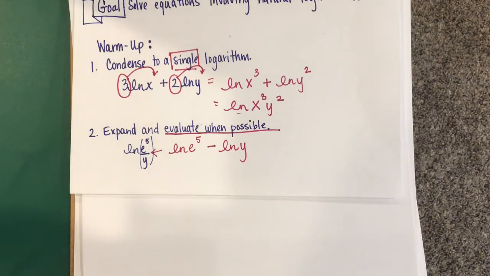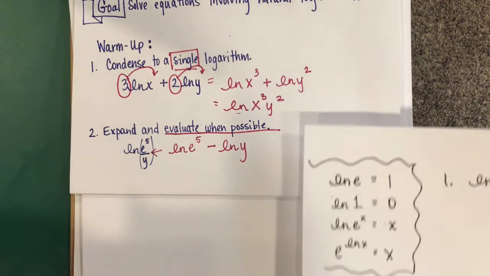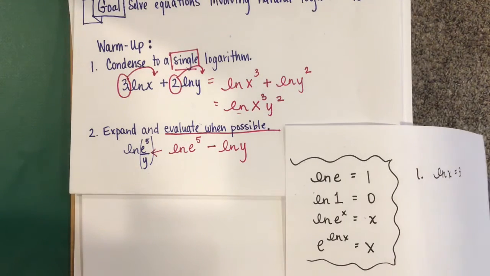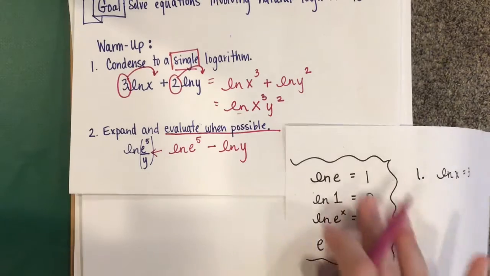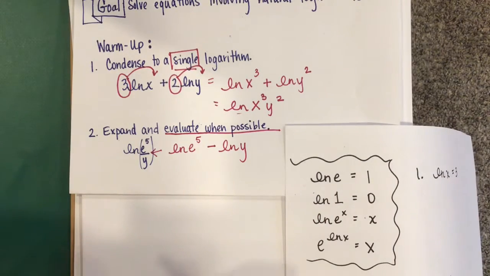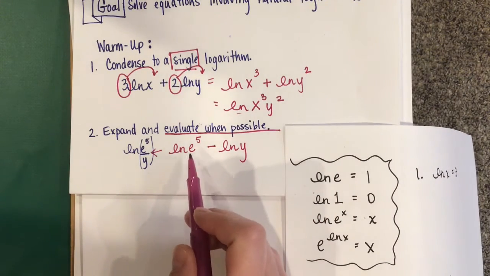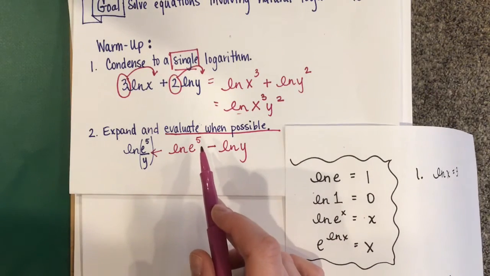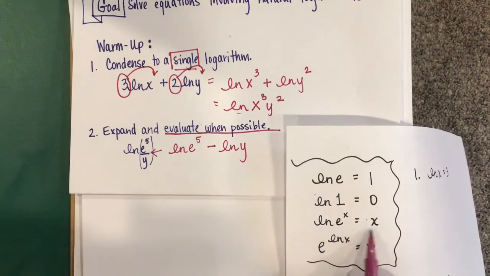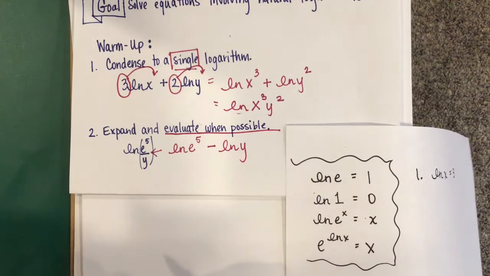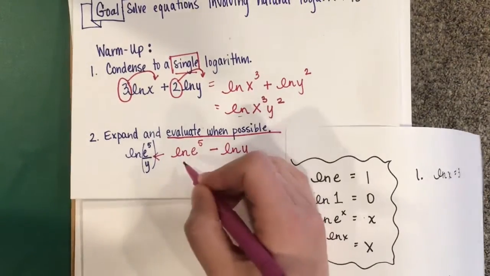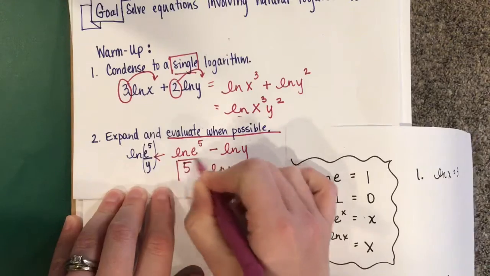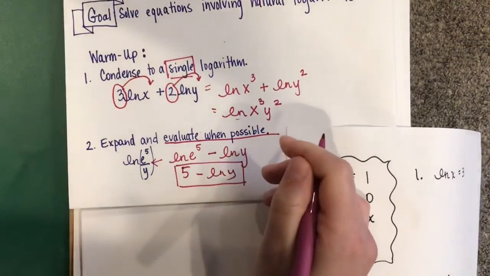When I saw you guys last via my lovely video here, these were the properties of logs that we looked at. If you take the natural log of e, that's just going to be 1. But here I have the natural log of e to the fifth. So if you look at this third property, that's telling us that we have 5 minus the natural log of y. And so this is the